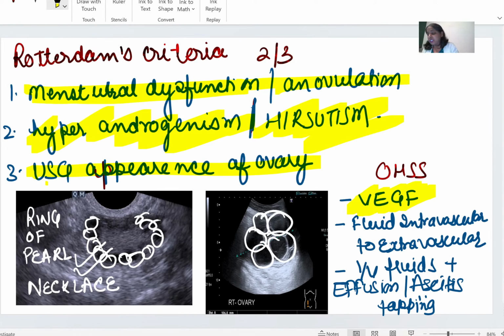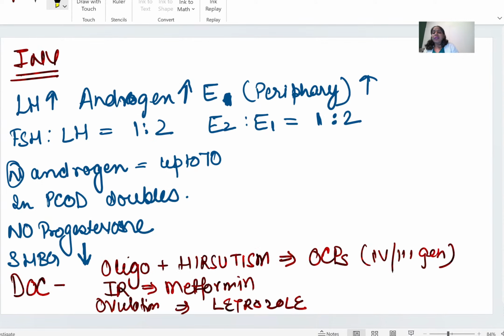So this is the feature. You have to differentiate between PCOS and ovarian hyperstimulation syndrome. So what is the hormonal profile of PCOS? You are going to see here. The LH increases, as I already told you. The androgen increases. Now this androgen